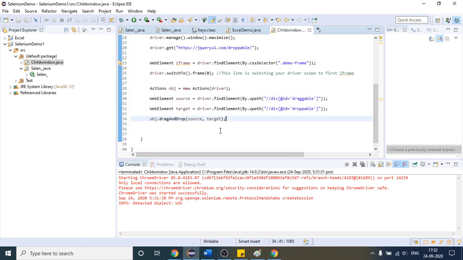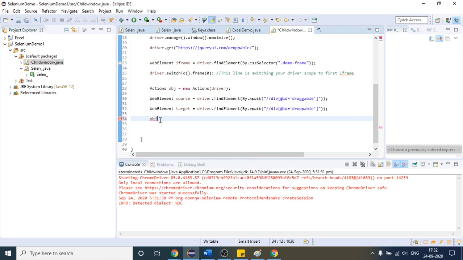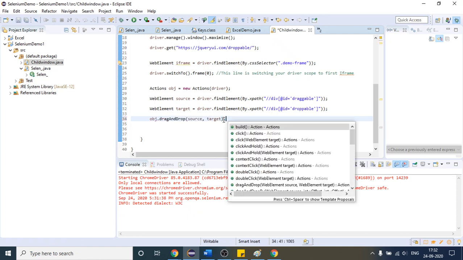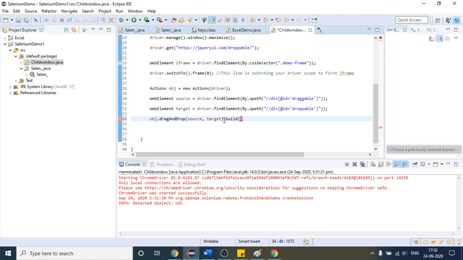But what I'm trying to say is, if you are using the Actions class, and any method of the Actions class, not only this one, any method, there are so many methods, then after that you have to provide two operations. One is build, which just compiles this whole action.